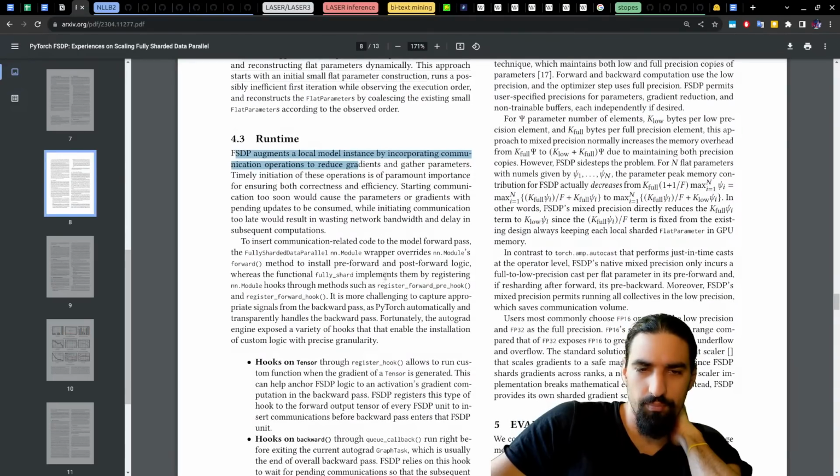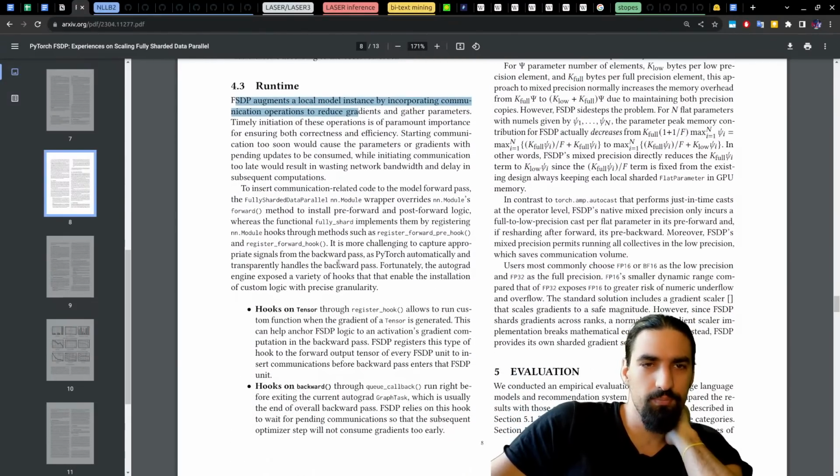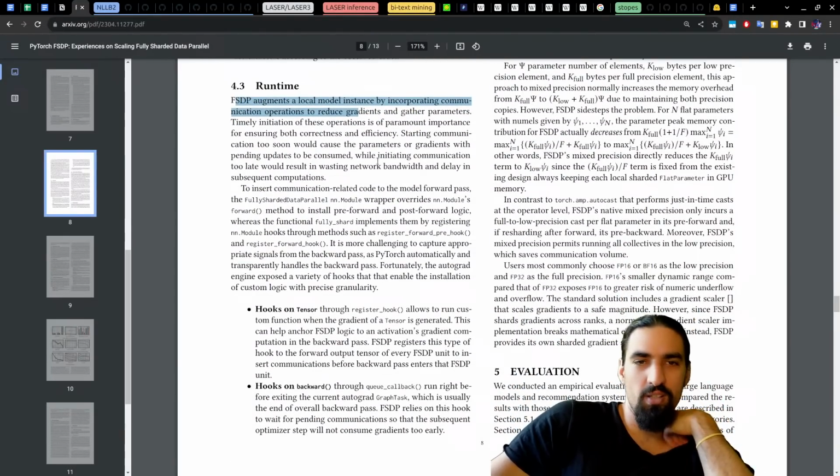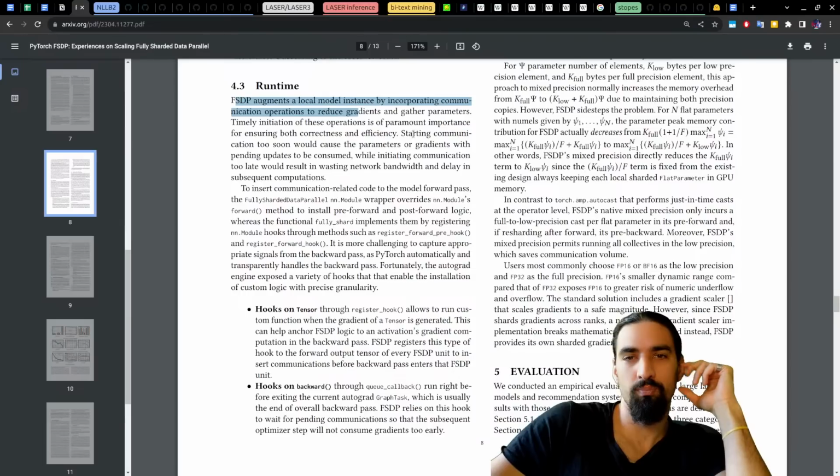Runtime. Let's see what they say here. FSDP augments a local model instance by incorporating communication operations to reduce gradients and gather parameters.